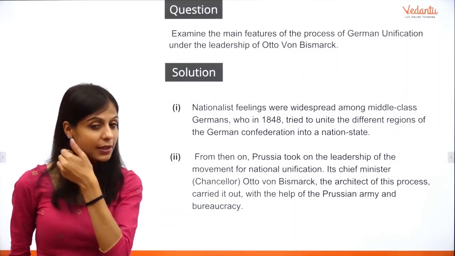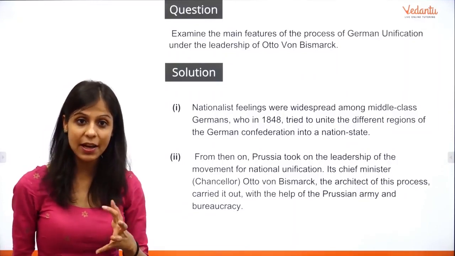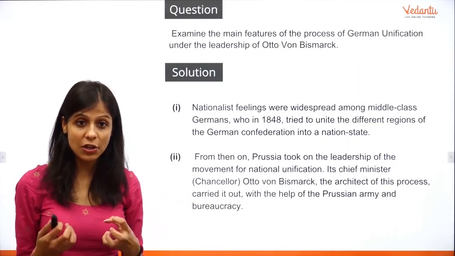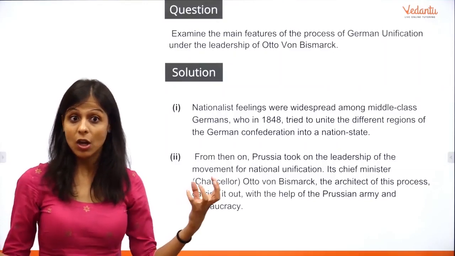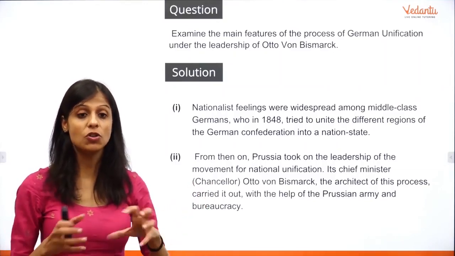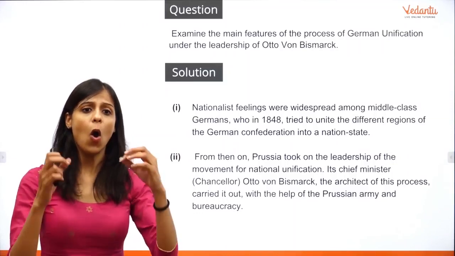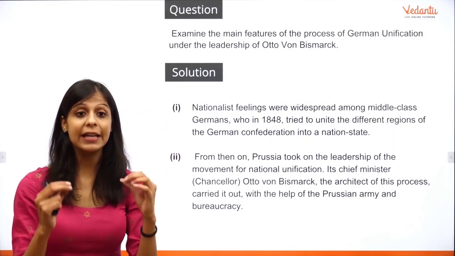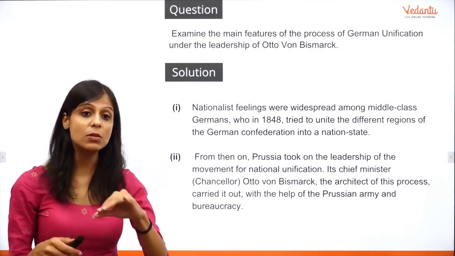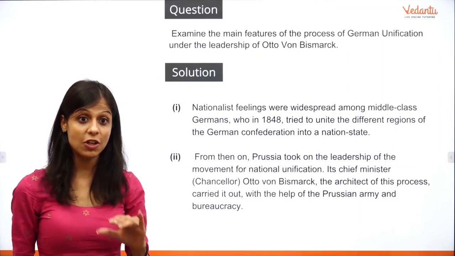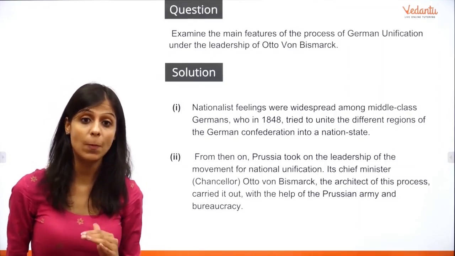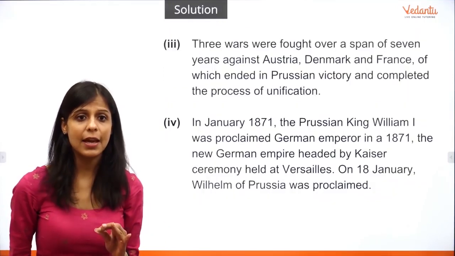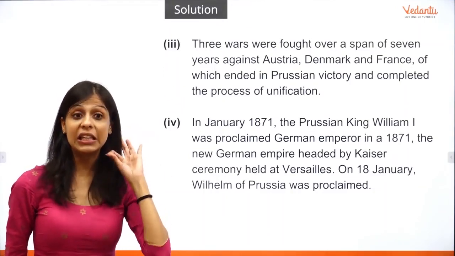Then you start the story that the middle class was getting agitated, and they tried to unite the different regions of the German confederation to build a nation state. And then finally Prussia took up this cause to unite Germany under its chief minister, Chancellor Otto von Bismarck, helped by the Prussian army and bureaucracy, fighting 3 wars